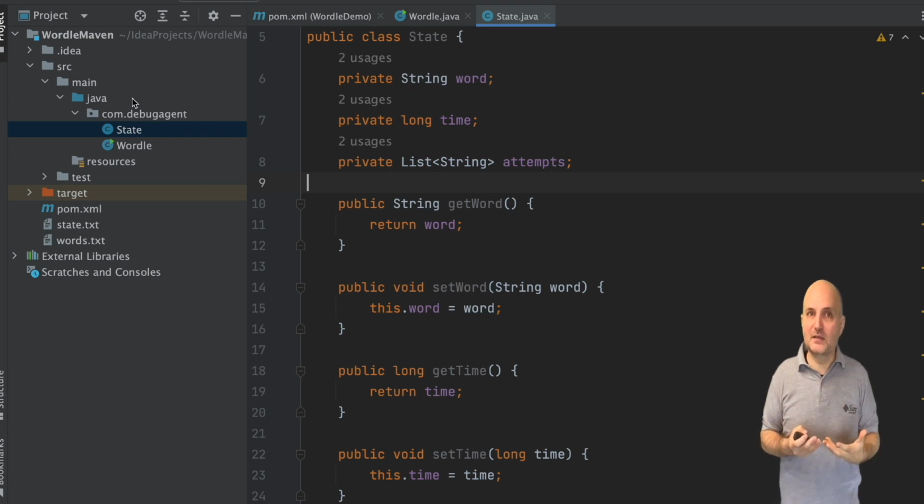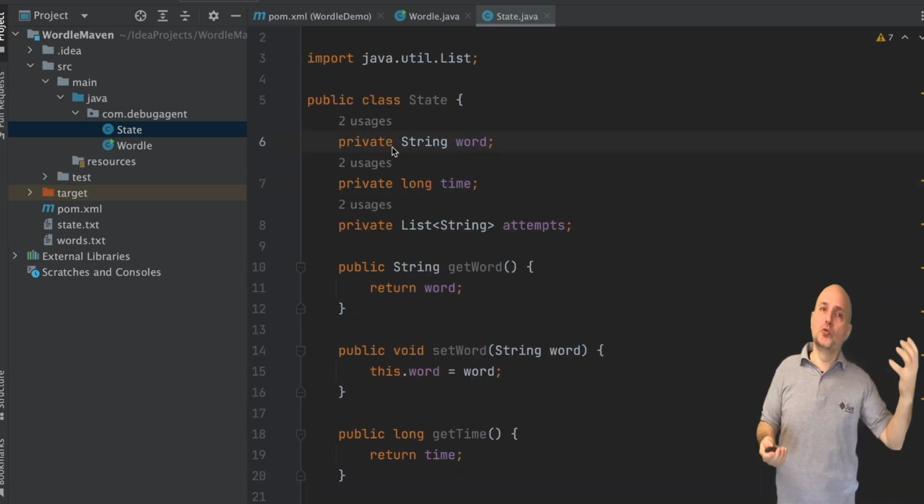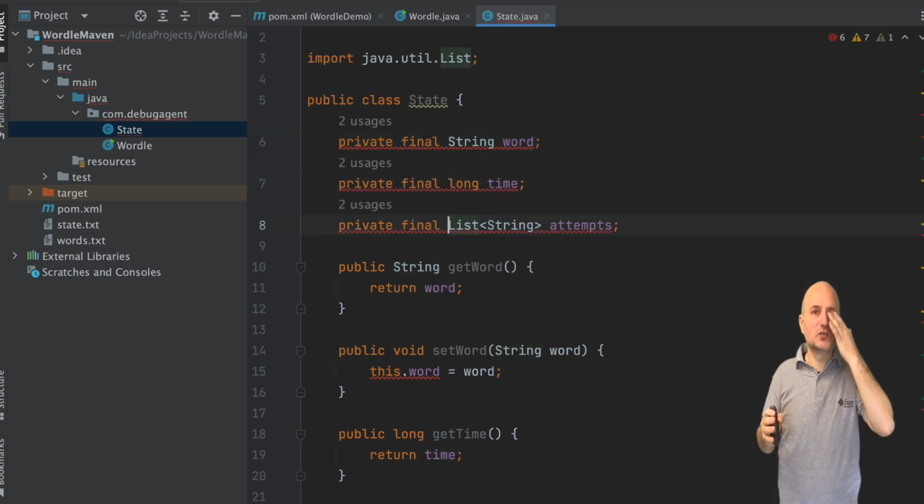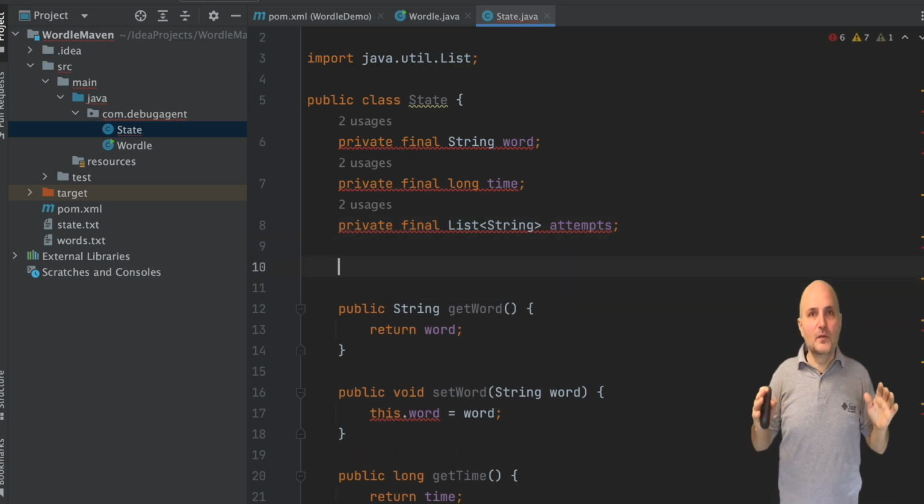This encapsulates, but it's a pretty problematic form of encapsulation since it maps to the state. There are several better approaches we can take, but the common best practice is to make the fields final. Final fields and variables can't be changed. They must be assigned when created and can't be modified after that. As you can see, this raises a problem. I made all the fields final and now they all show an error.